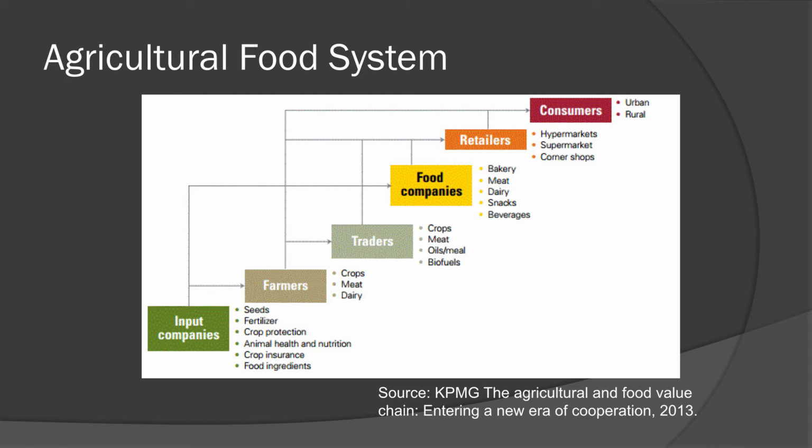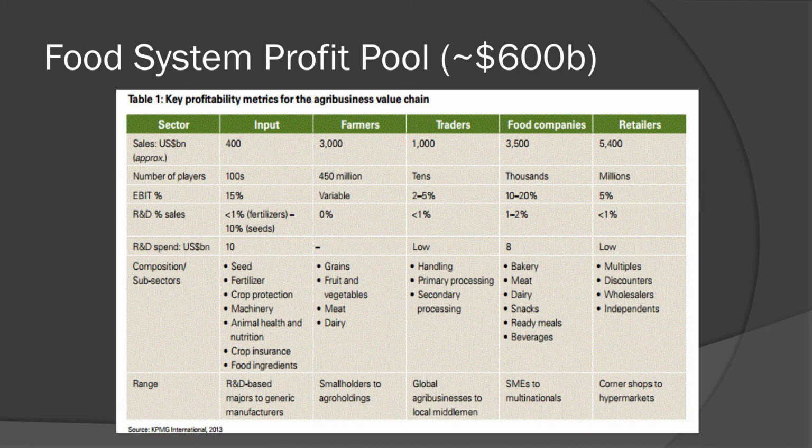So we look at this, we get some ideas, but even more important is trying to think about the profitability of these different steps or places in the profit pool. And so if you look at this graphic also from the same report, you can see that if I'm an input company like Agrium, chances are I probably don't want to forward integrate into becoming a farmer. Right? Look at the EBIT. It's just not nearly as good as that of the food companies. So I'm much more interested in entering the food company space if, when I do my internal analysis, it seems like I have the right resources to be able to do that well.